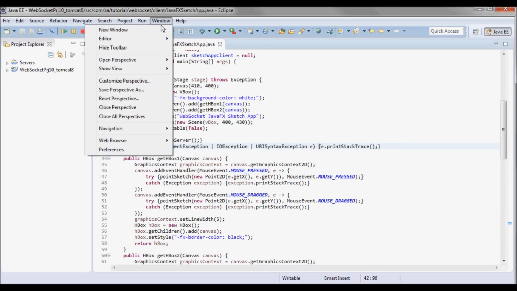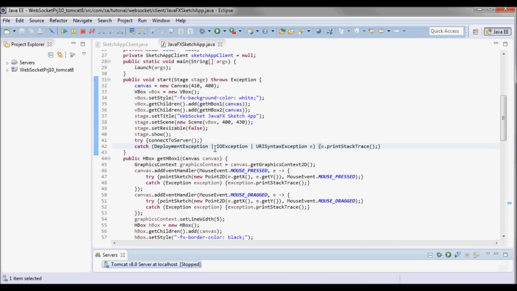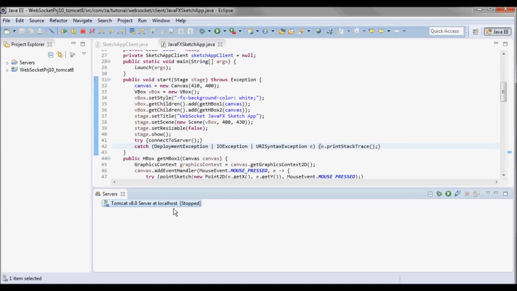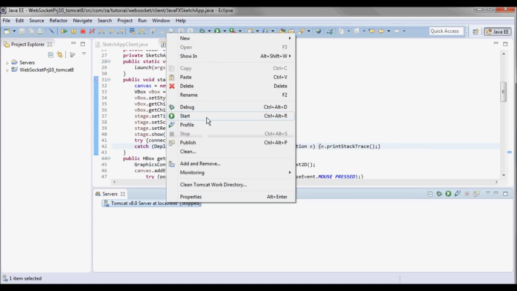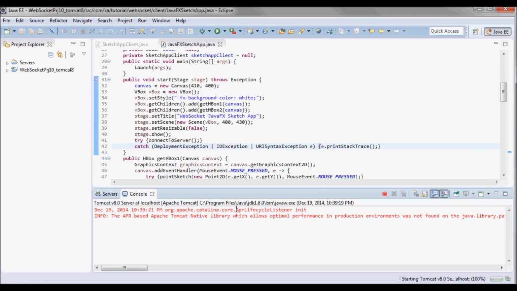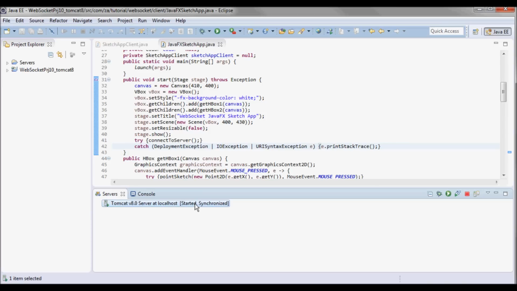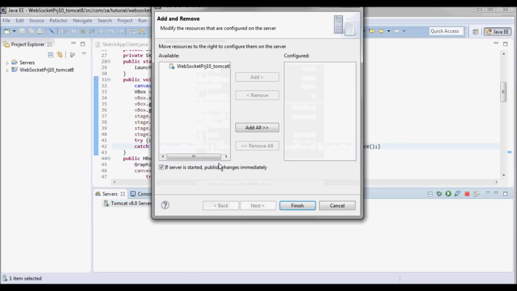And let's do window and do show view and servers, and let's start this server. Let's see if we can add.